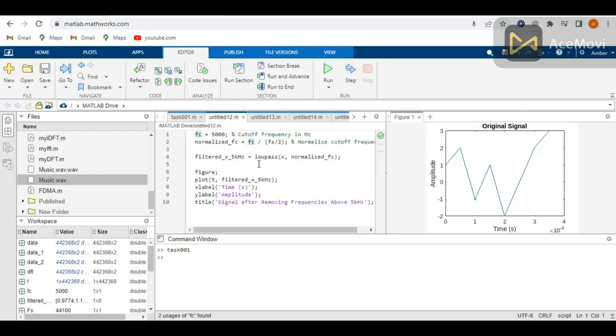Now the two cutoff frequencies are given. The first one is 5k Hz, so I have to check the 5k Hz cutoff frequency, and then I use the normalized cutoff frequency, which is the cutoff frequency divided by the sampling frequency divided by 2, and then I used a low pass filter with the normalized cutoff frequency. And if I run this code, then I will get